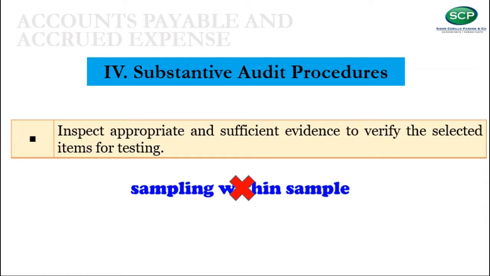So, kunwari, yung amount due kay ABC Corp is supported by, it consists of, let's say, 10 invoices kasi marami tayong binili sa kanya, and all the outstanding purchases were covered by 10 invoices. Hindi pwede nating sabihin na yung dalawa lang ang i-examine natin. Tapos let's say lang yung dalawa, wala tayong nakitang